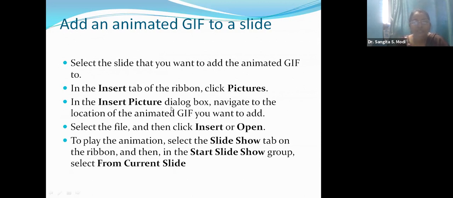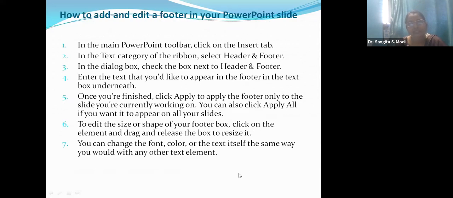In the Insert Picture dialog box, navigate to the location of the animated GIF you want to add. Select the file, then click Insert or Open. To play an animation, select the Slide Show tab on the ribbon, and then in the Start Slide Show group, select the current slide. Okay, so these are the steps given here.